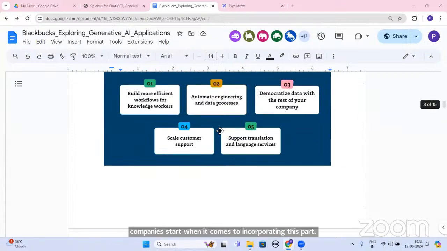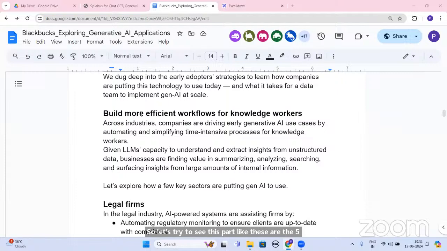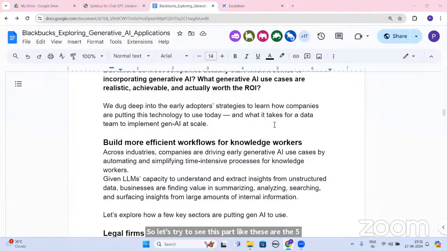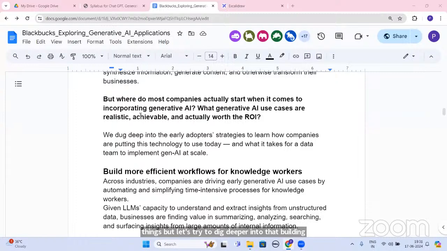Like these are the 5 things, but let's try to dig deeper into that. Building more efficient workflows. So what is the ROI? Are they realistic or something like that? Let's try to go into the depths of that. Now, what I want you to understand is that in my full-time role as a data scientist, we create workflows or automated data pipelines which can take or acquire the data.